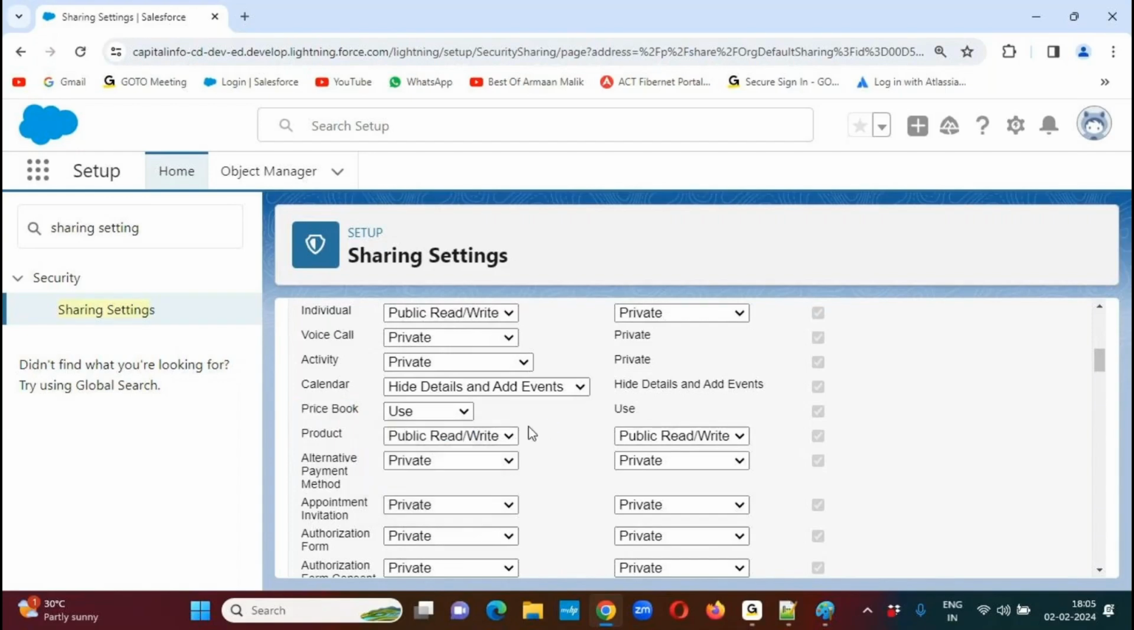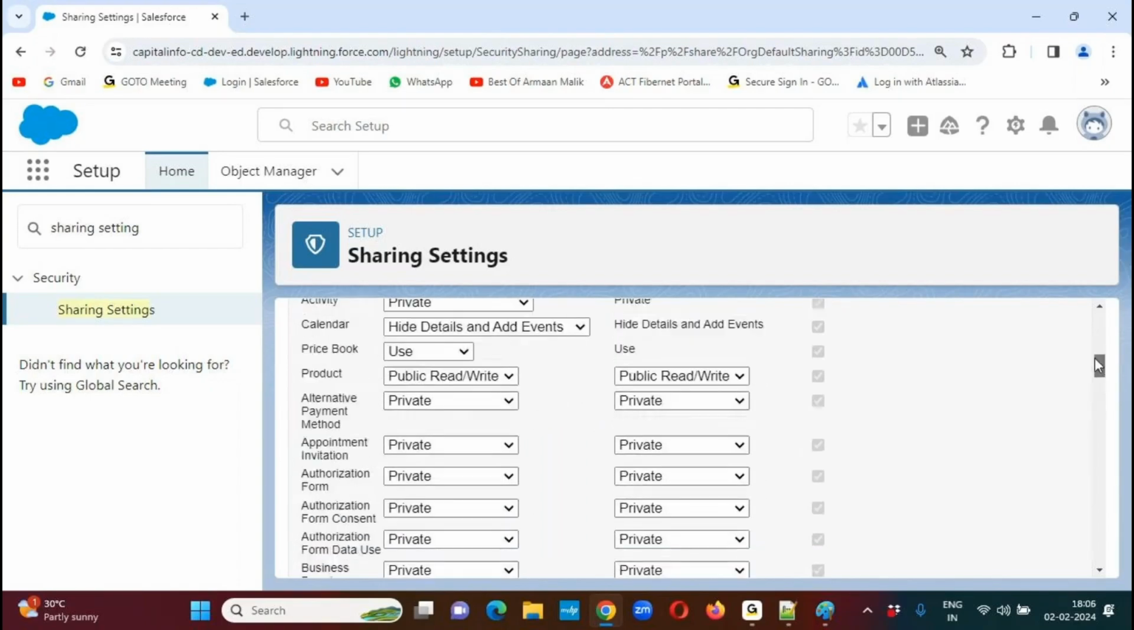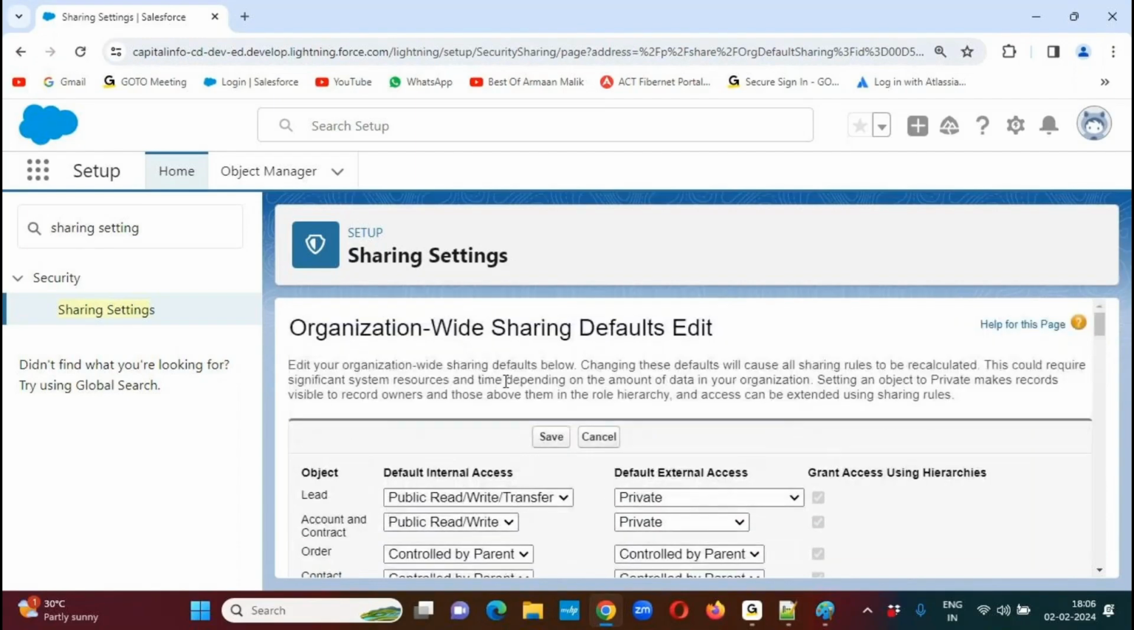When you go to the child objects which have a master detail association, they will have controlled by parent. Now, observe this here. I'm trying to change these OWD options. When I click on the edit button, these are visible to me over here. When you come down to the last,